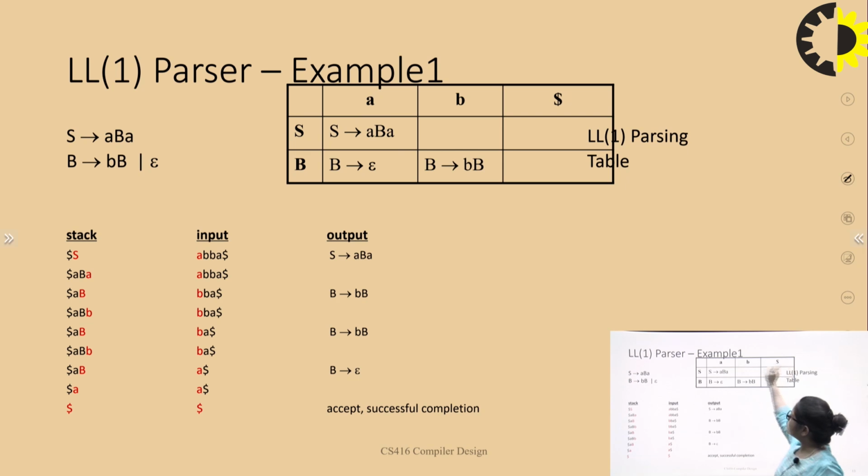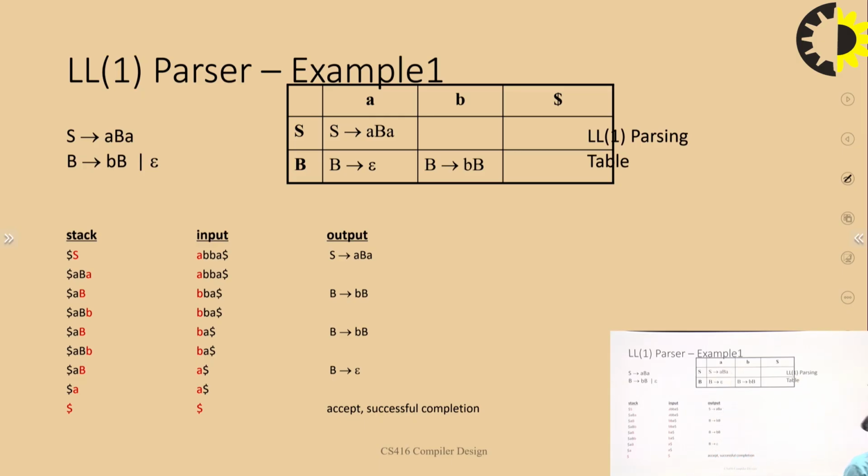the table. In the first row, we write all the terminals: a, b, and $. Dollar is always written with the terminals, and in the left column we write the non-terminals. The first of this particular production is a, so the production is written in the cell S of a, in this column.